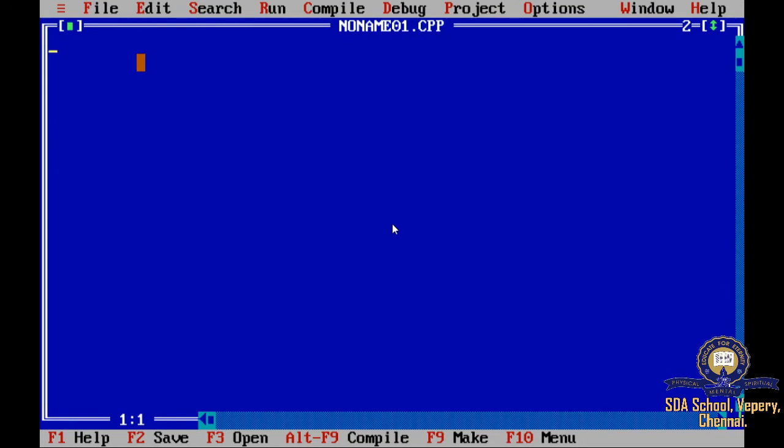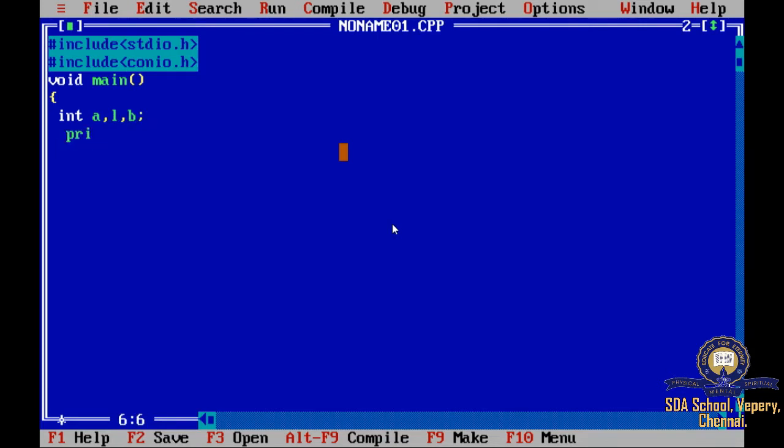First, we have to give the header files. So #include stdio.h and #include conio.h. Then comes void main. And you have to declare the variables here: int a, length, breadth. Next, I'm going to give printf